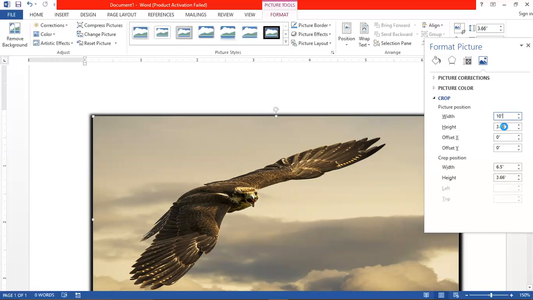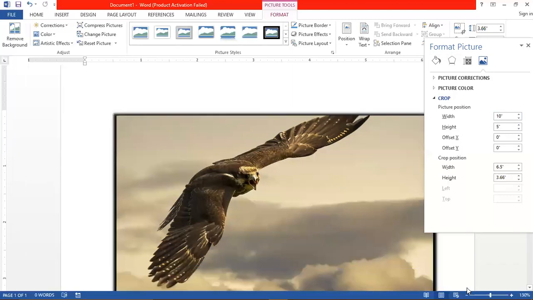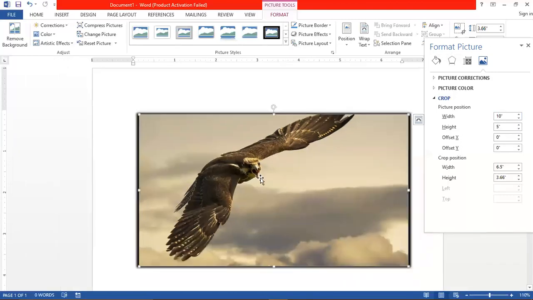Now let's make the height also 5 inch. Now you can see that the edges of the picture have been cut out, and the image is still the same size.